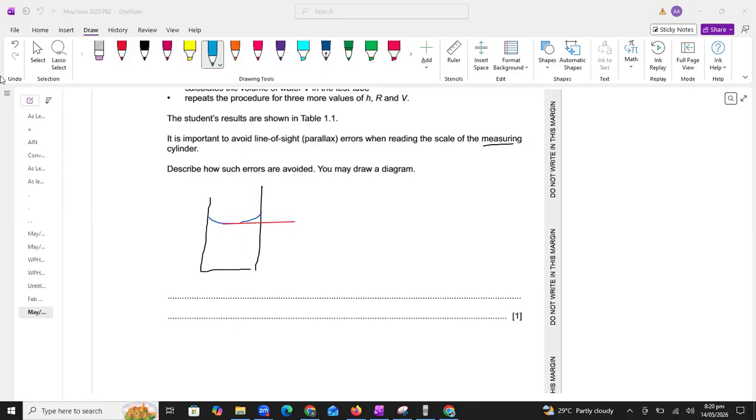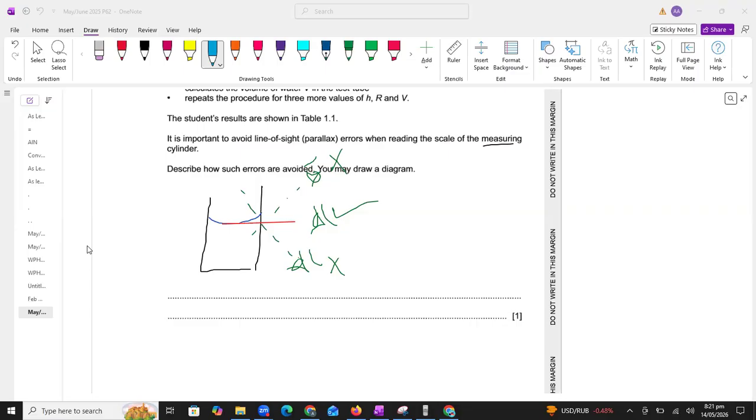And how we have to keep our eye, students, we have to keep the eye perpendicular to the measuring scale. So you can see the eye is making exactly a 90-degree angle with the measuring scale. And remember, beta, if you keep the eye in this position, you will get an incorrect reading. So this is the incorrect position. If you keep the eye at this angle, it means you will get an incorrect reading. So this is the incorrect position. So this is the right answer, that we have to keep our eye perpendicular to the measuring scale.